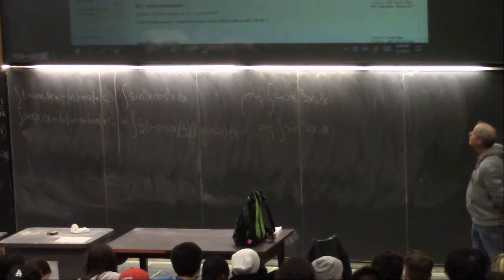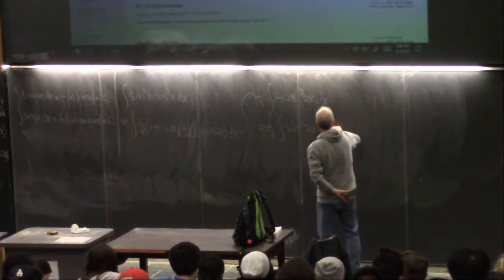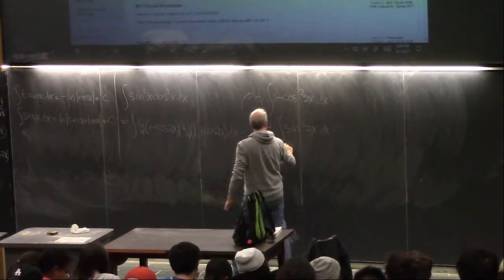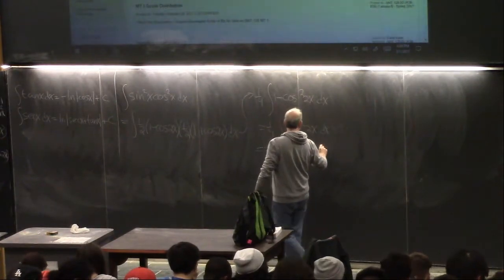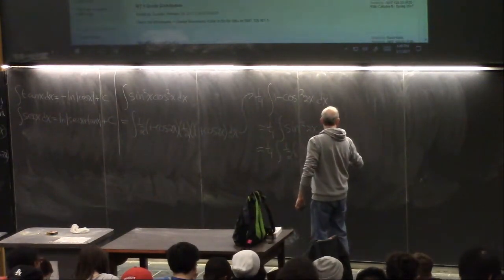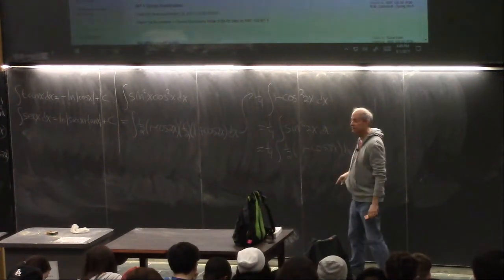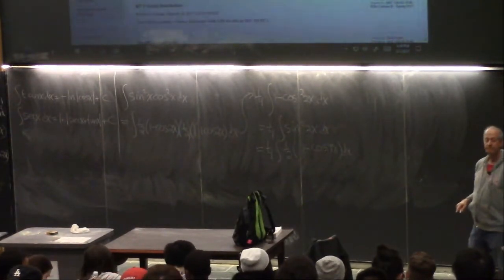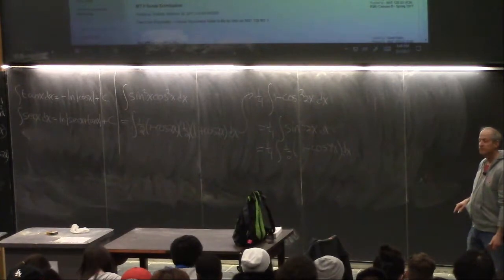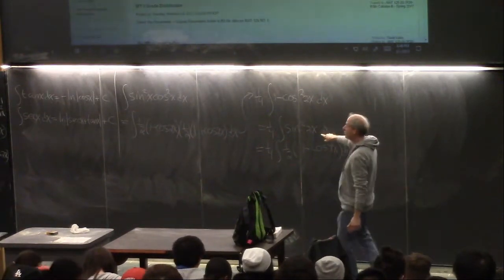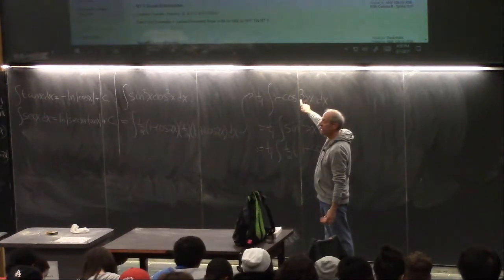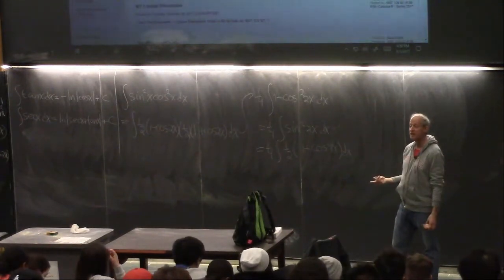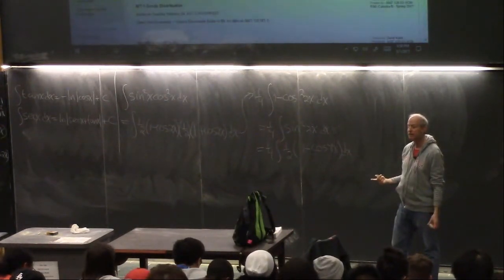Now, from sine squared, we use that identity: 1/2 times 1 minus cosine 4x dx. Why cosine 4x? Because that's 2x. And by the way, you don't have to convert this to sine squared. You could have made this 1/2 of 1 plus cosine 2x. It doesn't matter. In the end, you have to end up in the same spot. They all have to come out the same, otherwise you made a mistake, or something funny is going on.